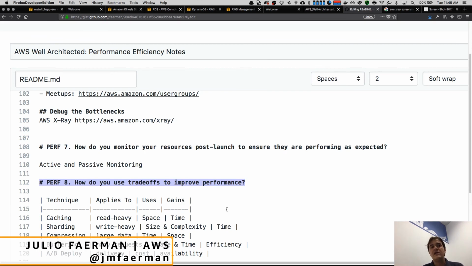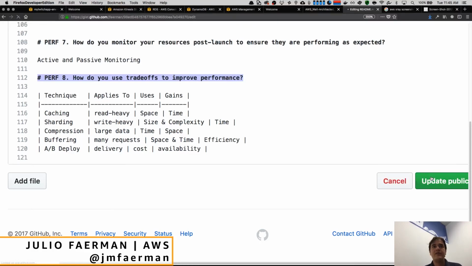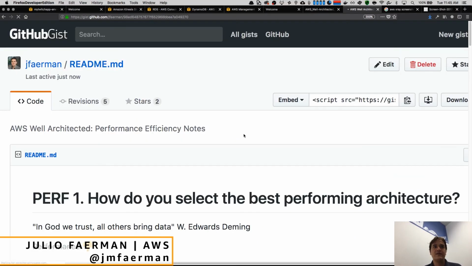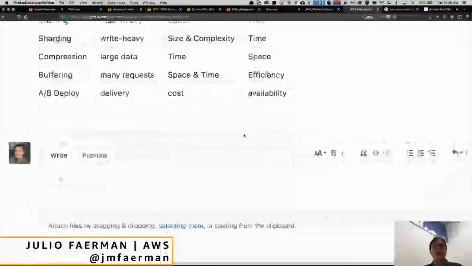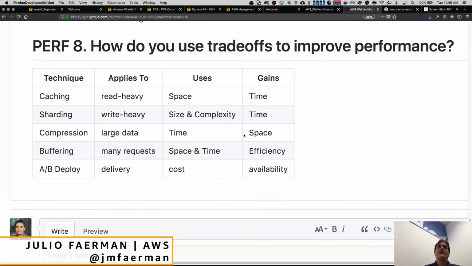And finally, using trade-offs to improve performance is about justifying why you have these weird things. We talked about many techniques, and I will update this GIST just so this table looks a bit better. It's all about explaining why you chose to add caching, for example. Why is DAX there? Or why are you using sharding? Or why a specific compression and buffering or A/B deployments? Those are all